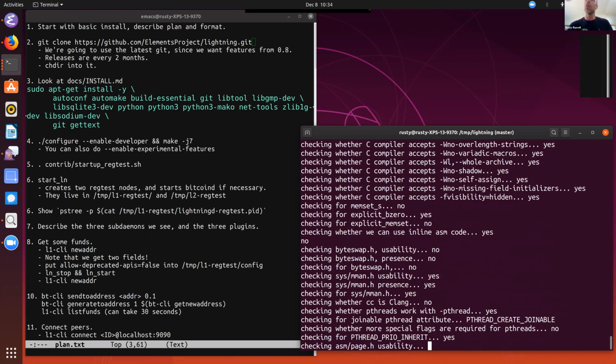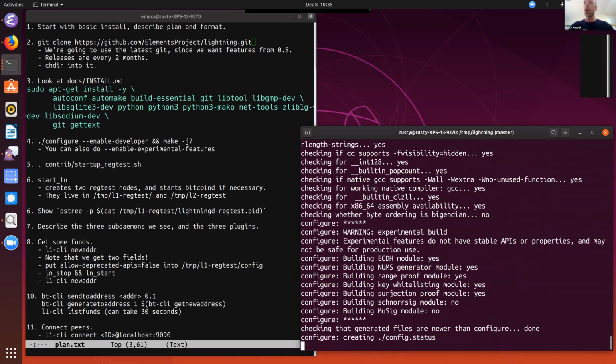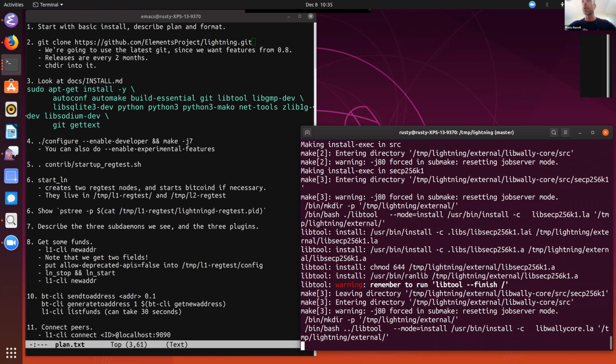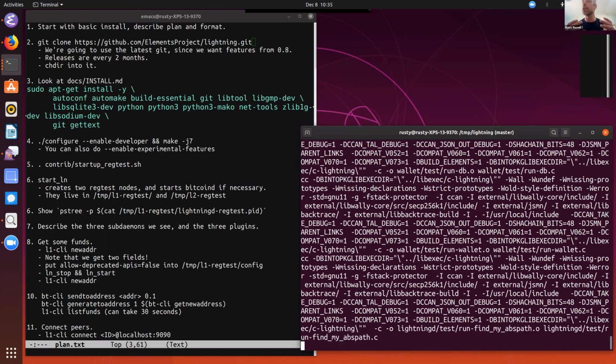Okay, now once we've built it, we're going to use a script in the contrib directory, which contains a whole heap of miscellaneous contributions that we didn't know where else to put. And there's one called startup regtest. This will literally start up bitcoind in regtest mode,